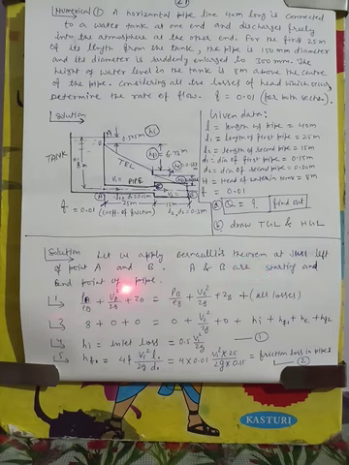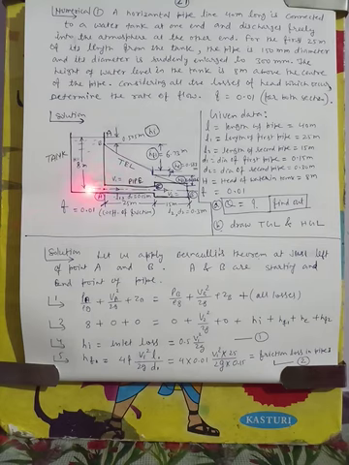So just left of the A, it is the tank, so there will be no velocity of the flow. So PA by rho g plus VA square by 2g plus ZA is equal to PB by rho g plus VB square by 2g plus ZB plus all the losses between A and B. And PA by rho g is a pressure head. It is 8 meters here from the center line of the pipe, and because inside of the tank there is no velocity of the flow, VA square by 2g will be 0.